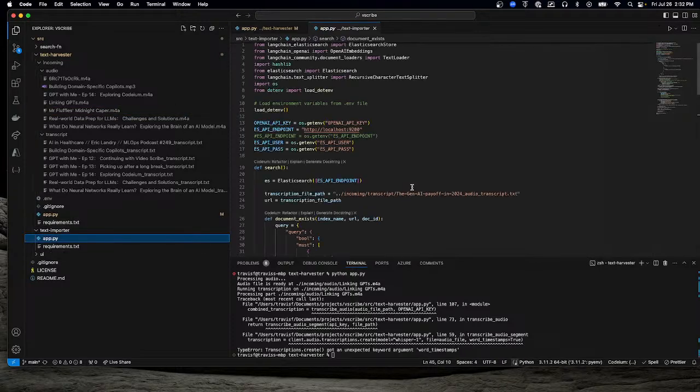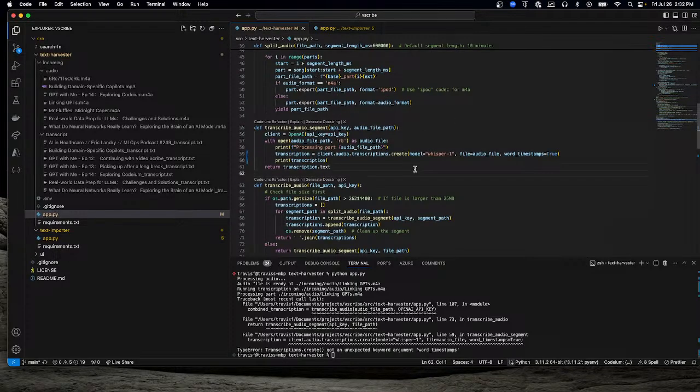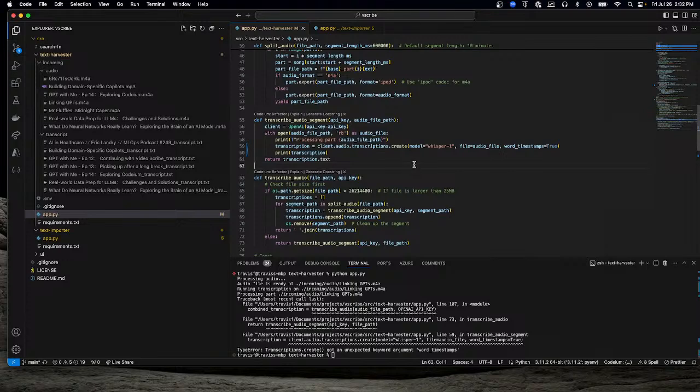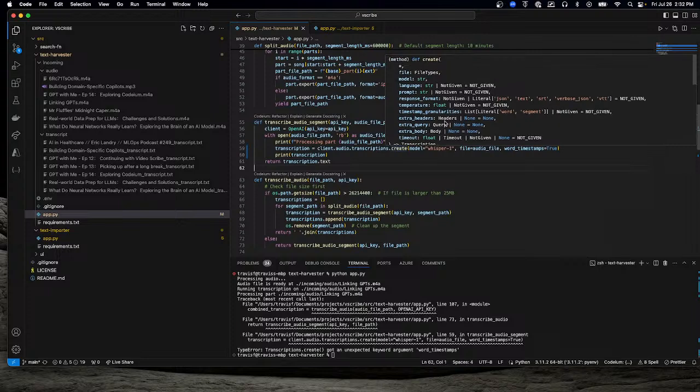Oh, it's not sitting over in the other app, is it? No, this is the text loader, that's the embedding stuff. Oh, here we go. When in doubt, go over this maybe. There we go: timestamp list, timestamp granularities.